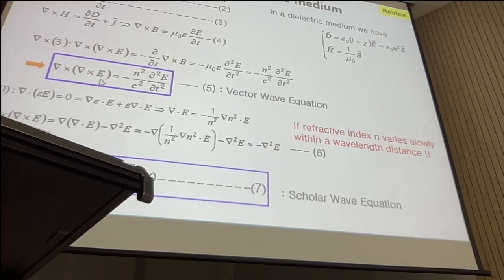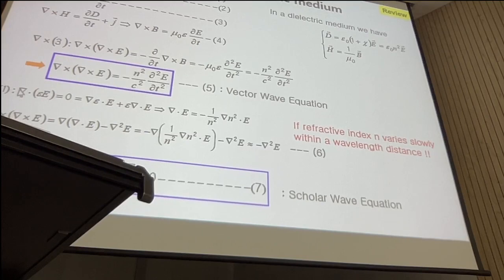So we have a second order uncoupled differential equation like this. Curl curl of E is equal to n square over c square times partial square E over partial t square. So this is the vector wave equation. And the vector wave equation can be converted to the scalar wave equation,